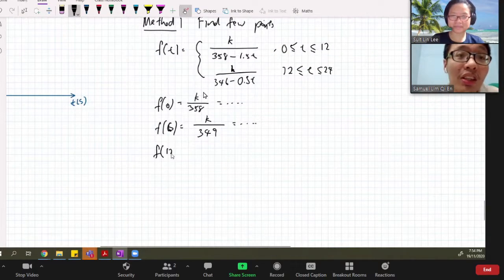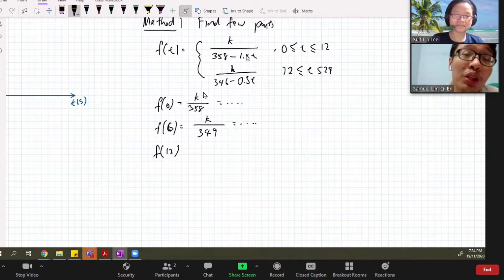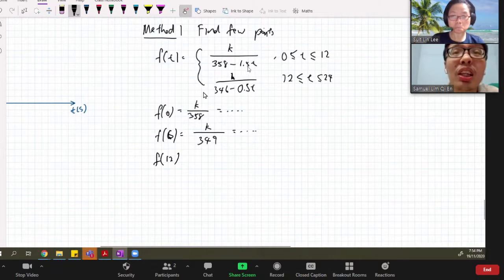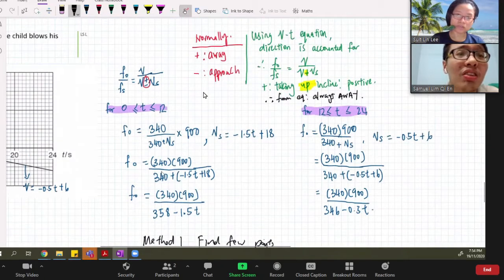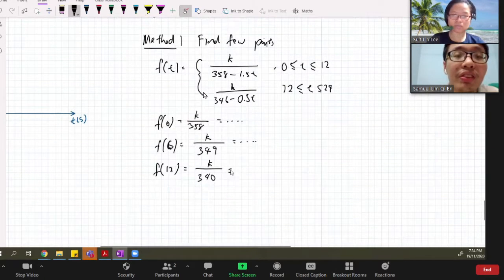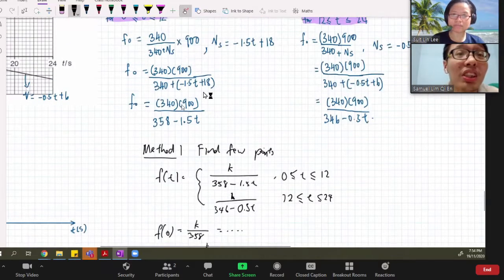Find 12, because 12 is important, by the way. 12 is a critical point. At 12, I think you have 6 and 3, 18, so that is 3.40. 3.40 is the critical value, right? Yeah, so 340. So isn't the answer 900? Yeah, this is 900, exactly, because k is